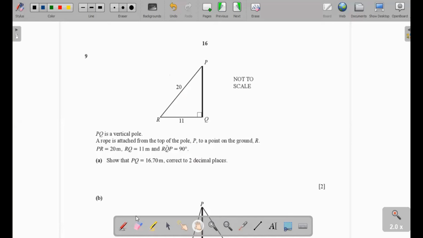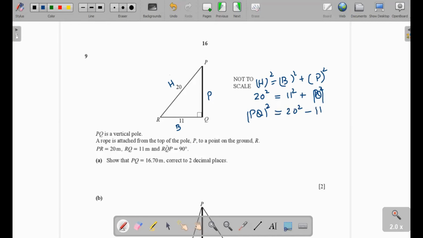Now this is a right angle triangle. Therefore, we can use the Pythagoras theorem. In the Pythagoras theorem, hypotenuse square is equal to base square plus perpendicular square. PR is the hypotenuse, opposite to the right angle, RQ is considered as the base and PQ is considered as the perpendicular. The length of hypotenuse is 20, base length is 11, and the perpendicular length is PQ. So PQ square equals 20 square minus 11 square,